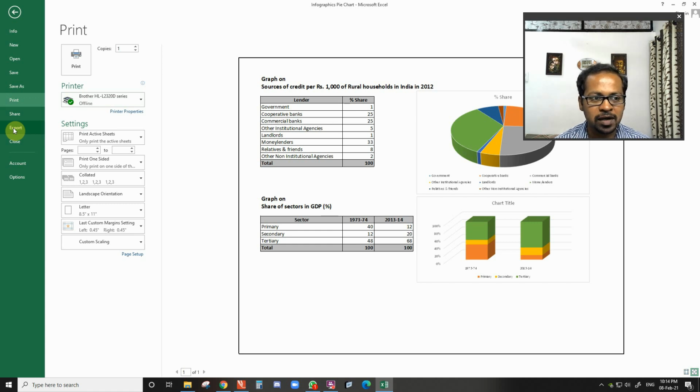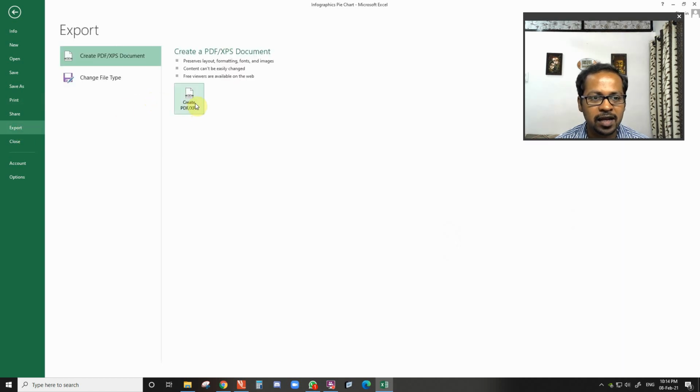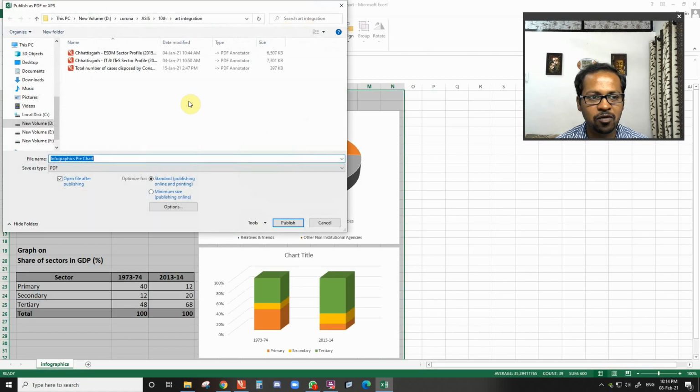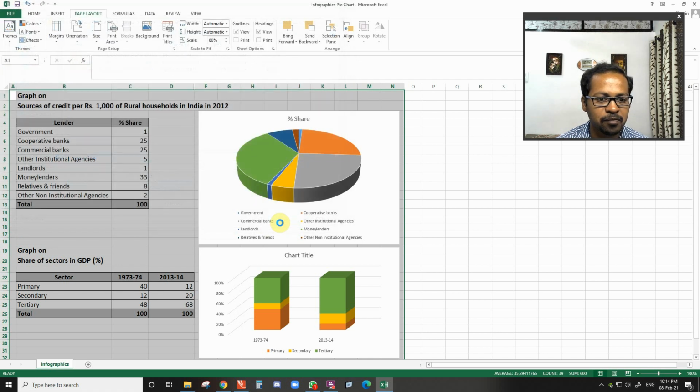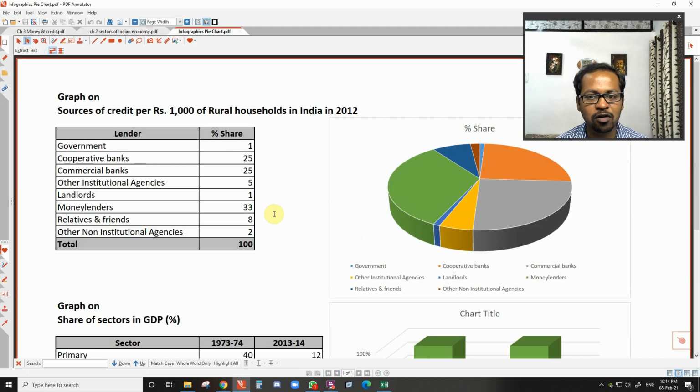If you don't have a printer, then what you can do, you can go to export. Those who are having a printer can select the printer and print this page. Otherwise you can go to export, then click on this PDF, create PDF. And save this. For example, let's say I am saving this, publish, that is, click on publish.